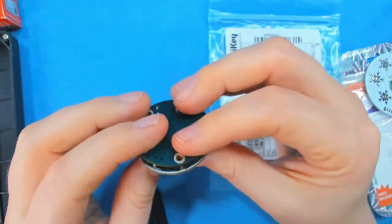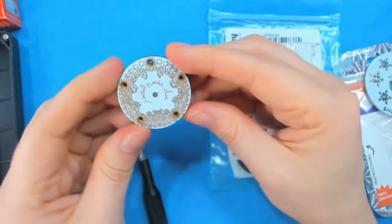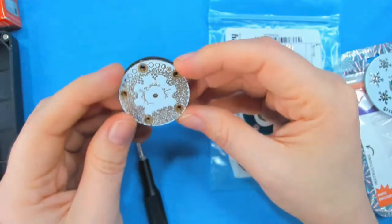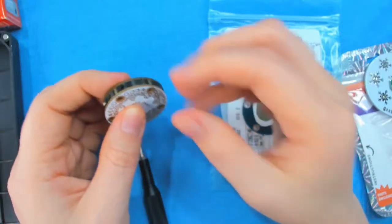This is an issue I've had with SAOs a lot of the time. Oh, that snapped together really nicely. You know what? This worked better than most SAOs. So,